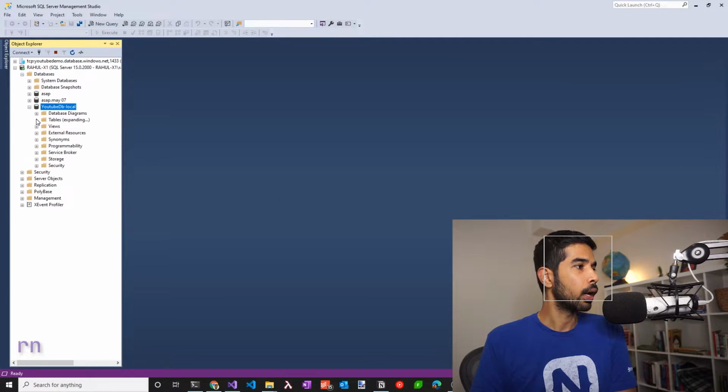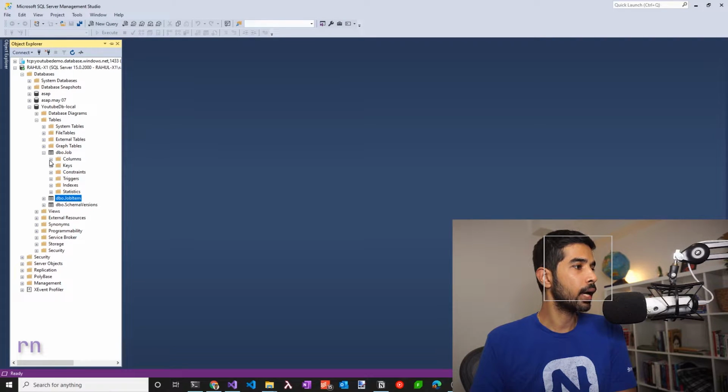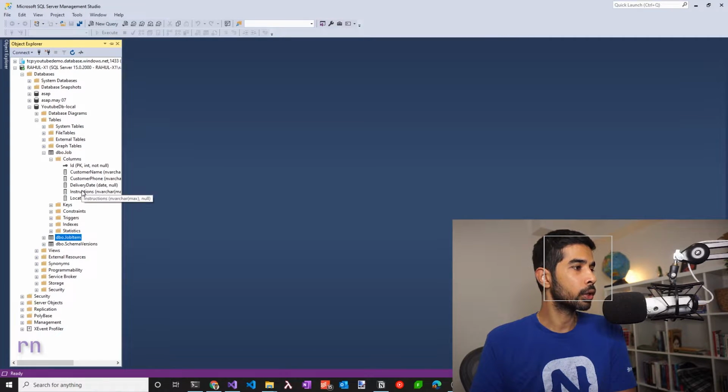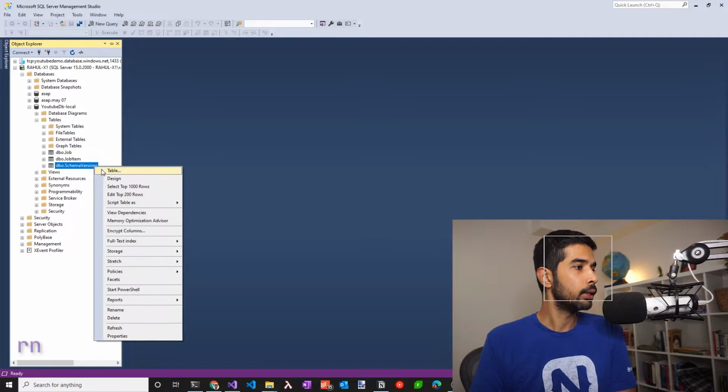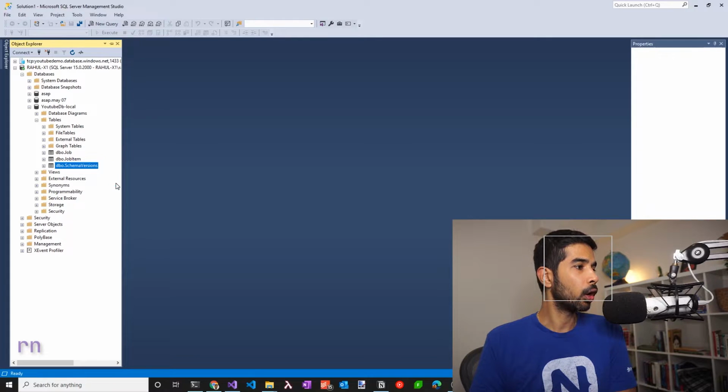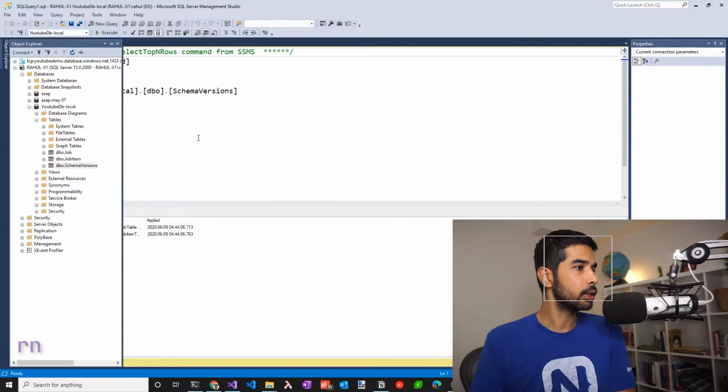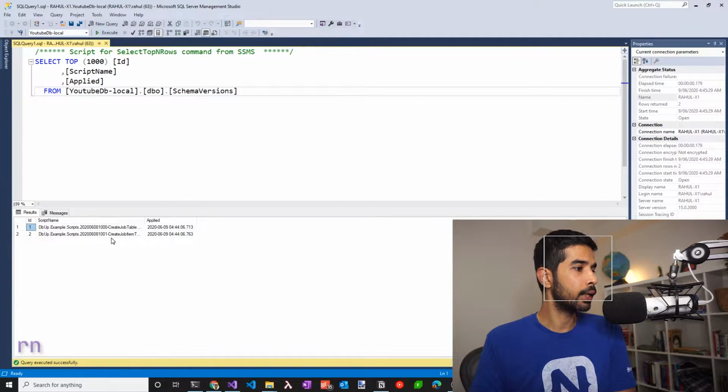Let's go to my local database using SQL Server Management Studio and check the database that was just created. Under tables, I can see the two files that we mentioned in the scripts, the job and the job item. This is going to have the schema exactly as defined inside those scripts. What you also notice is there is an extra file, schema versions. This maintains what scripts have been already run. So if you execute this, you can see the two files in here.